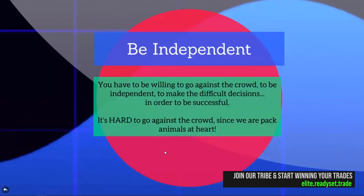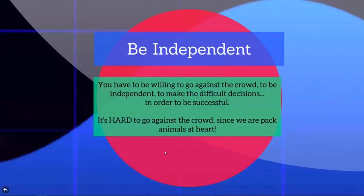It's hard to go against the crowd because we're pack animals that herd. Right? Think about this. What is our favorite thing to do? Our favorite thing to do is let's go to a party. Let's go to a football stadium where 100,000 people are there cheering for the same team. We want to be part of something bigger than ourselves. It's in our nature. We are pack animals. Except for traders. Traders are all introverts that love social distancing, right? But no, seriously,